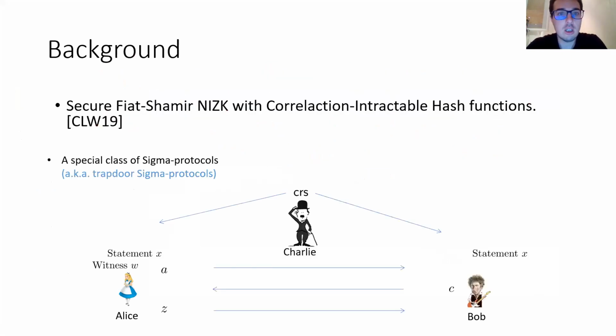A Sigma protocol is a three-round proof of knowledge for a language associated to a relation. An algorithm called prover, on input a pair statement-witness, computes a first message A and sends it to another algorithm called verifier, which samples a random seed and sends it back to the prover as the second message, which is also called challenge. Then the prover sends back the third message, Z,